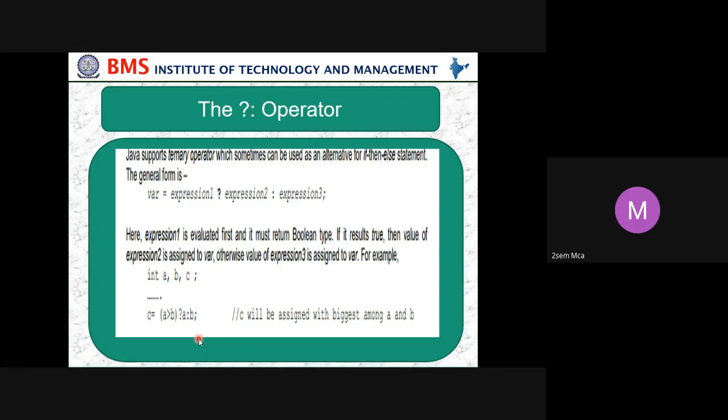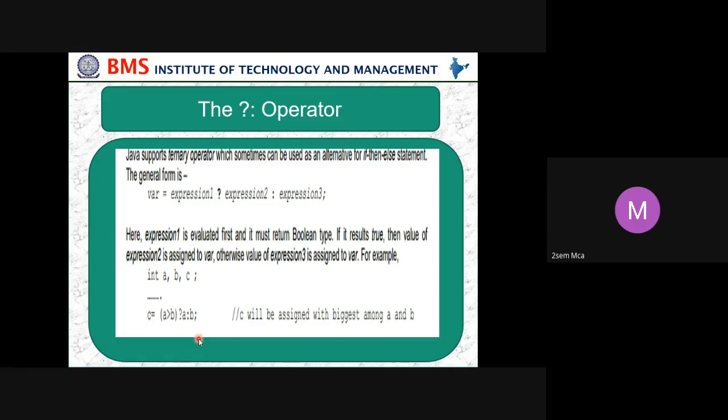Here expression 1 is evaluated first, and it must return a Boolean type, either true or false. If it is true, then the value of expression 2 is assigned to the variable, here var. Otherwise, if expression 1 is false, then whatever we have in expression 3 is assigned to var.